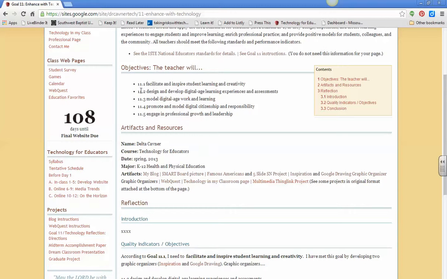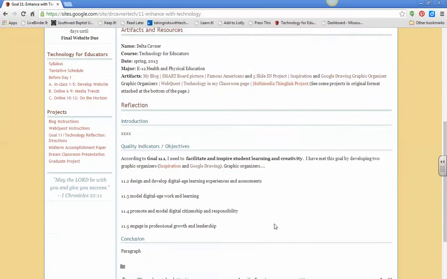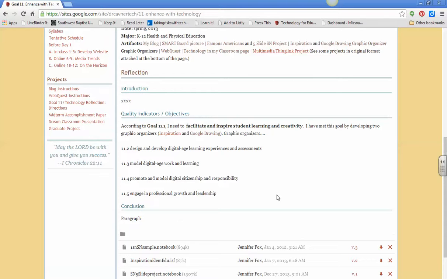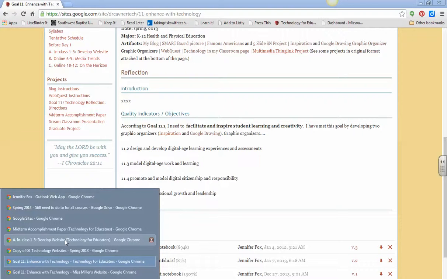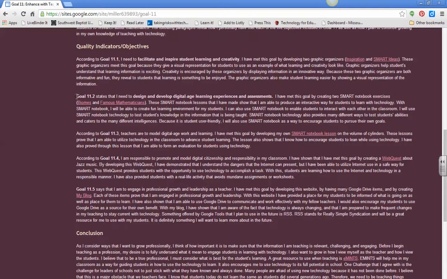In Goal 11.2, you will focus on the next one, and in each one of the sessions that we actually do a project and then we write a paragraph about it, you will link those projects within your paragraph, but you'll set it up the same way. Some other paragraph starters that could help are things like Goal 11.2 states that, blah, blah, blah.